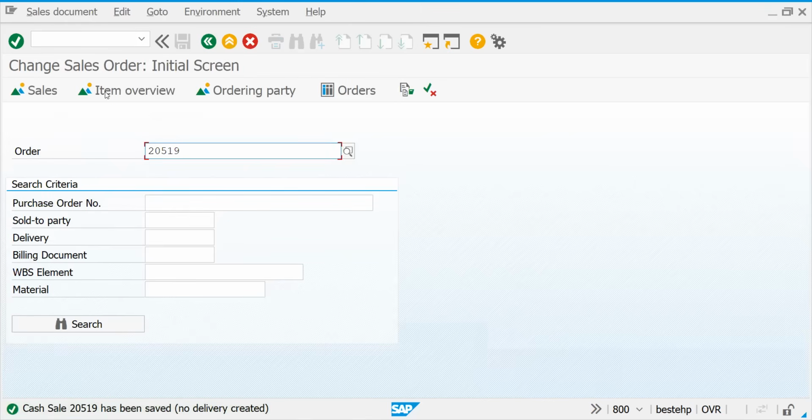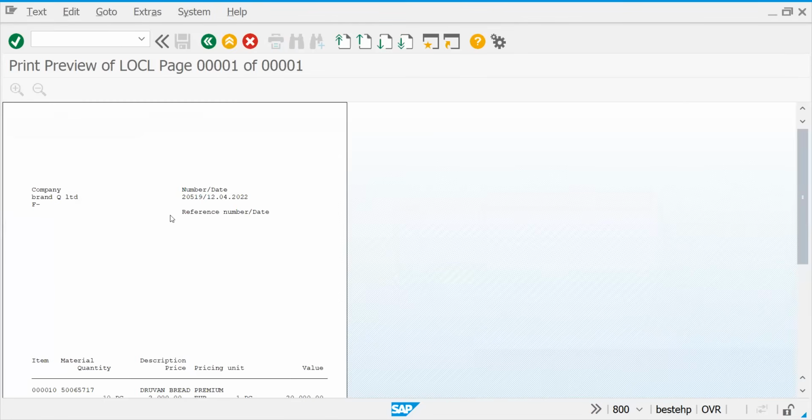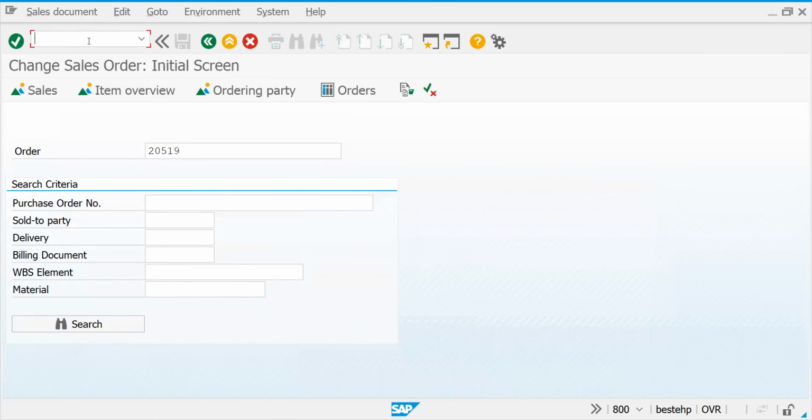Okay. So let's go and try to check issue output. See, this is how your bill will be generated. Okay. See, company name, brand Q Limited, the customer name, right? Reference number. Okay. See, when you maintain output determination, it will come automatically. Okay. Since we haven't gone so far into output determination,